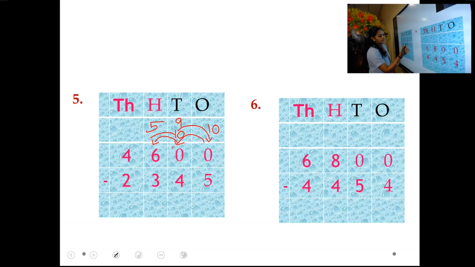So here 10 minus 5. 10 in mind, 5 in hand. Before 10, 9, 8, 7, 6, 5. Write down in ones place. Move to the next place. 9 and 4 are the numbers. 9 in mind, 4 in hand. 9 before, 8, 7, 6, 5. Again 5. Write down in tens place.